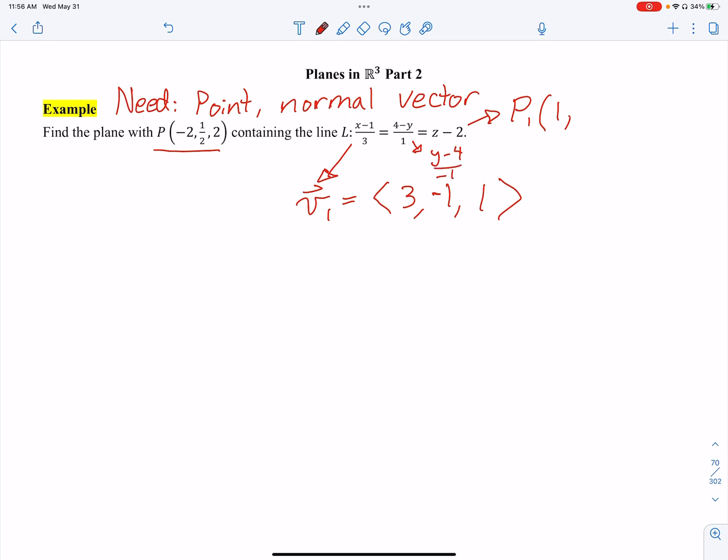Think about distributing that negative 1 up top. So be very careful with that. I got 4 and I got 2. It's very easy to miss. I almost overlooked it. Okay, so I do have a point, and then we're going to create a normal vector